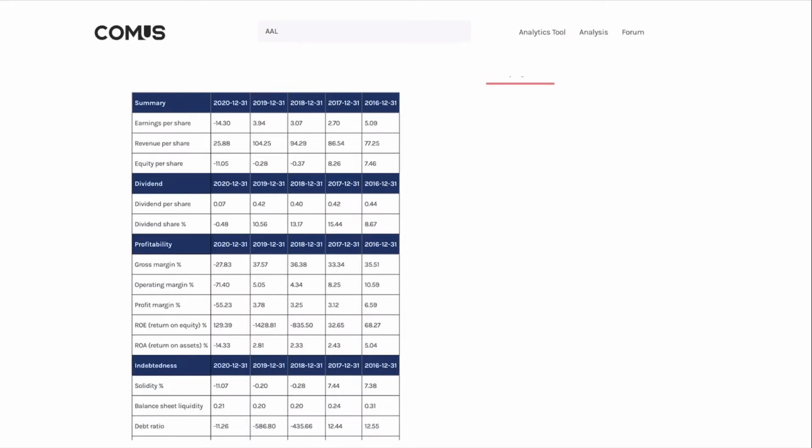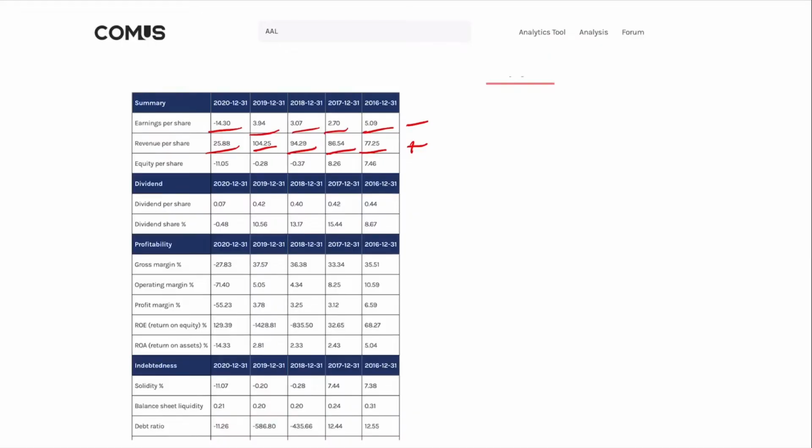Now let's jump over to the key figures, and what we can see here is that the earnings per share went from $5 per share down to negative $14 per share. It has been doing lower numbers, a bit of fluctuation, but overall trend, I don't like it at all. So this is negative. Now the revenue per share went from $77 per share down to $25.8 per share. We grew a couple of years, which is great. I like it, but we fell off just one year. But overall trend is positive, therefore a plus.